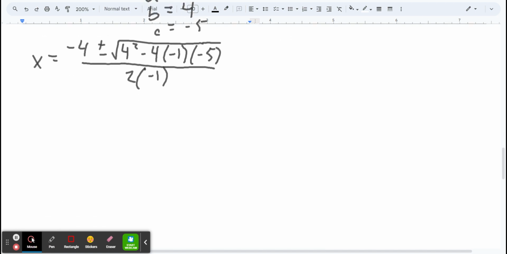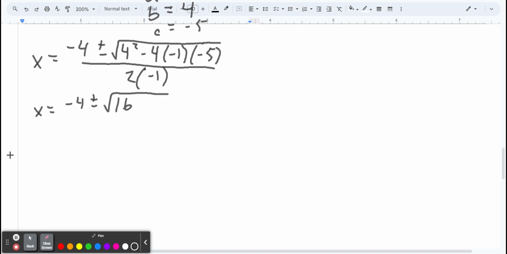Let me scroll down a bit so you have some space. We get x equals negative 4 plus or minus the square root. And here we get 16. And we have 3 negatives multiplied in a row, so this will actually be minus 20, all over negative 2. That will give us x is equal to the minus 4 plus or minus the square root of negative 4